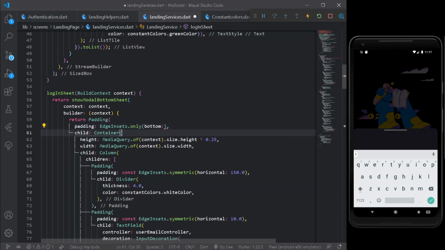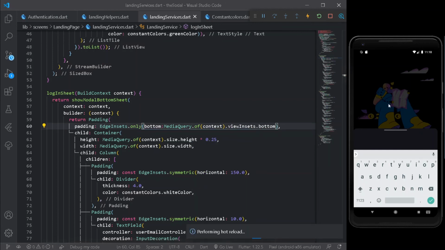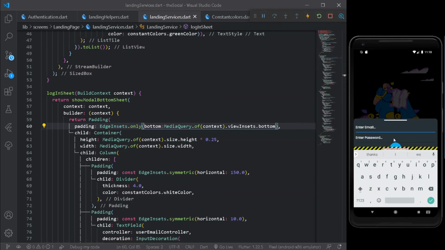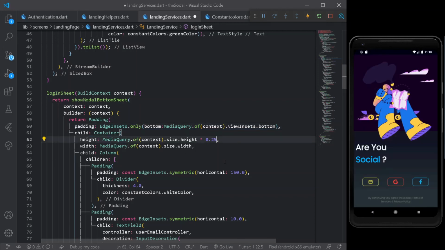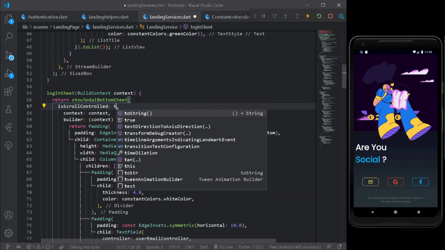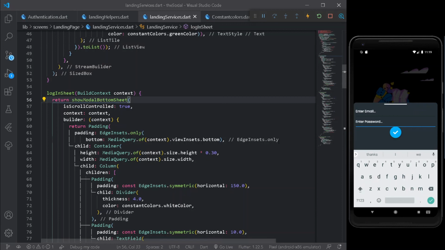Alright. So from under bottom, I can simply write MediaQuery.of(context).viewInsets.bottom. Alrighty, now let's test it out. After pressing over this, we are getting somewhat bottom pixels, but no worries, we are making it right. Now let's make it 30, and for that I shall be refactoring the property isScrollControlled to true. Let's try it out. Alright, the warning is gone and we are good to go.